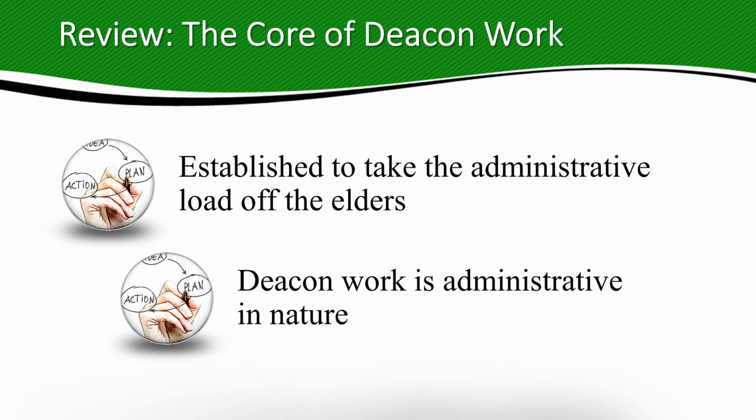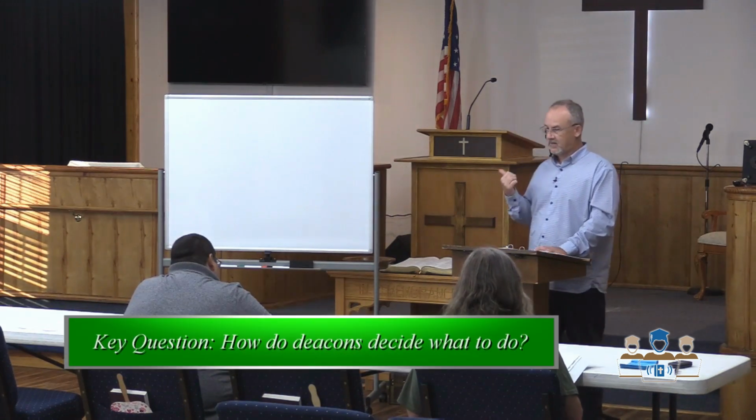And we talked about how we've kind of lost that in the modern church. The deacon is really everything but an administrator. But if you're going to run a food distribution network like that, you have to be an administrator, somebody who can organize things and lead people and get things done. That's really what we talked about. So let's build on that now and ask the question: how do we as deacons decide what to do?